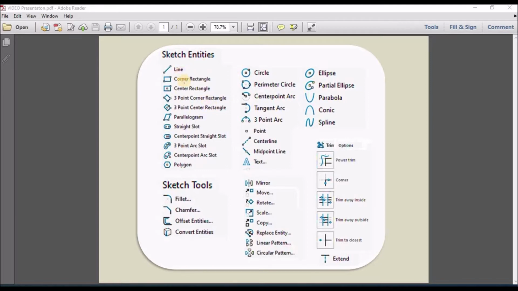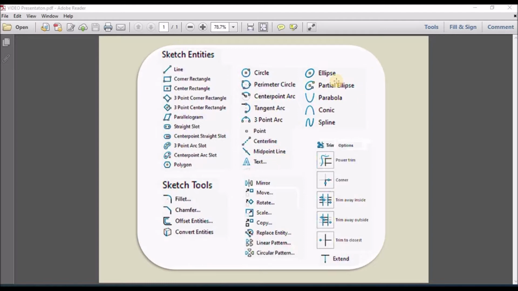In sketch entities, we have line, corner rectangle, center rectangle, 3-point corner rectangle, 3-point center rectangle, parallelogram, straight slot, center point straight slot, 3-point arc slot, center point arc slot, polygon, circle, perimeter circle, center point arc, tangent arc, 3-point arc, point, center line, midline,